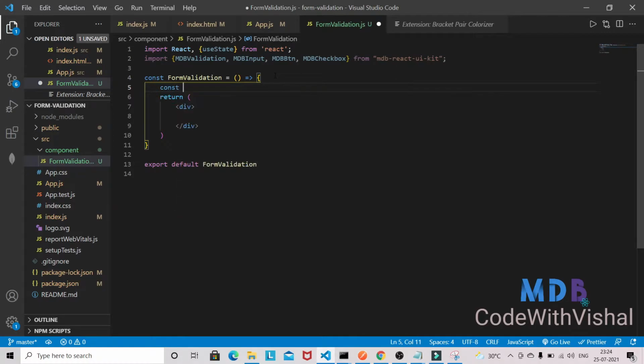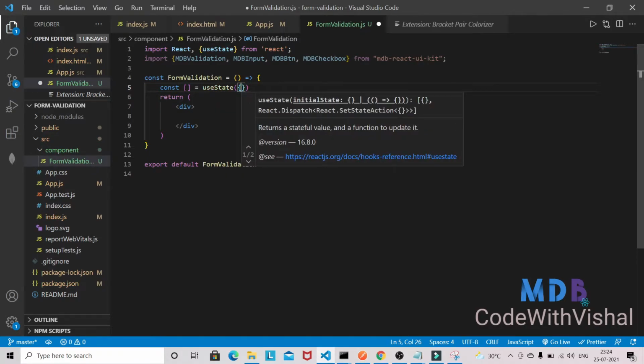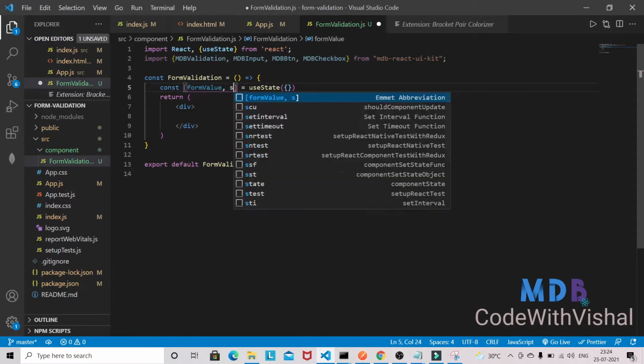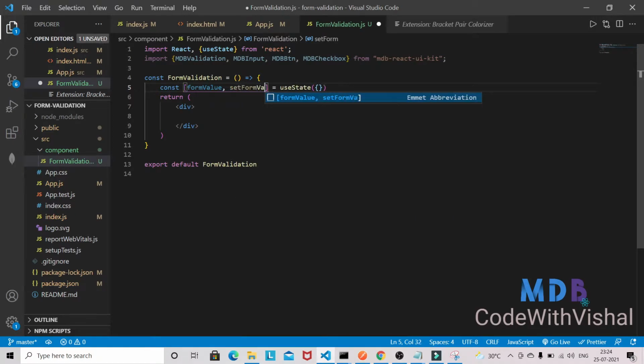I'm just going to define the initial state of each input field here. So useState, it will be an object, with formValue and setFormValue.